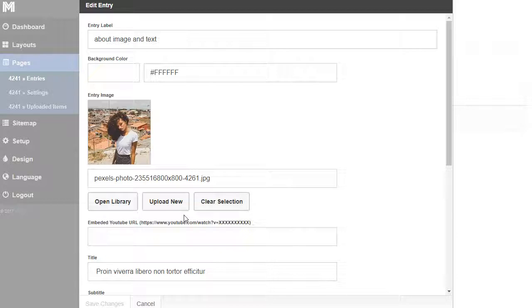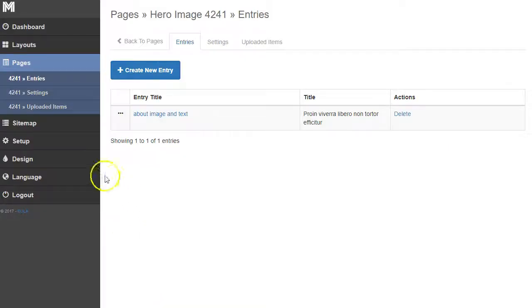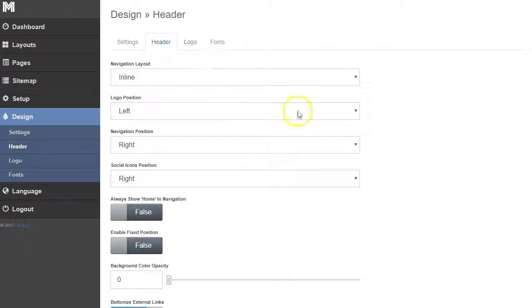In addition to that, if you want to change how the navigation on this site works, like maybe you like a navigation from another layout, it's all the same system. We built all the layouts that you see with the exact same system. So I can come into the design area, go to the header, and change the navigation type. So you can use the layout as a starting point. And if you like it exactly how it is, just swap everything out and you'll be done really quick. Or you can start modifying it. So you could use the layout, swap out the images, and then start modifying the navigation and things like that